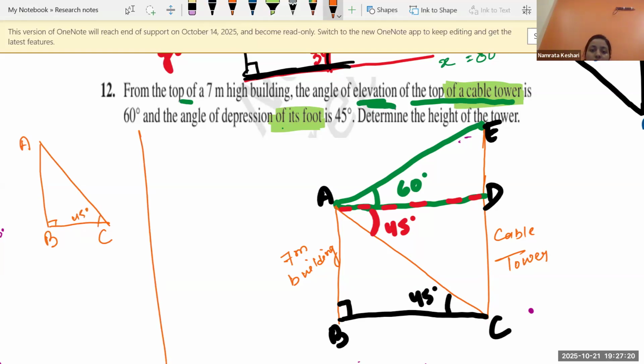I'm just drawing the triangle and I'll leave it for you. So you are having two triangles. These are the two triangles. And yeah, accordingly, you have to use trigonometric ratio. Determine the height of the tower. That means definitely you need to focus on D. You will be saying if this is 7,